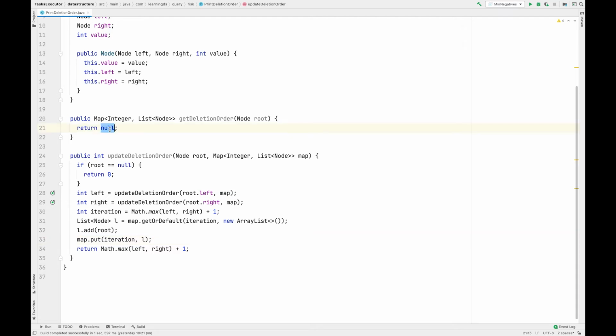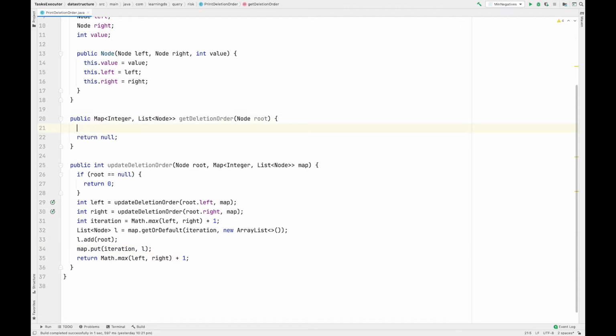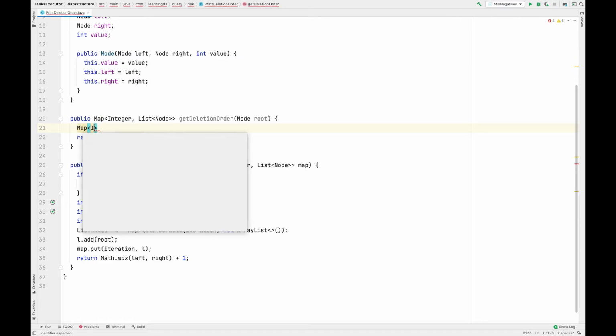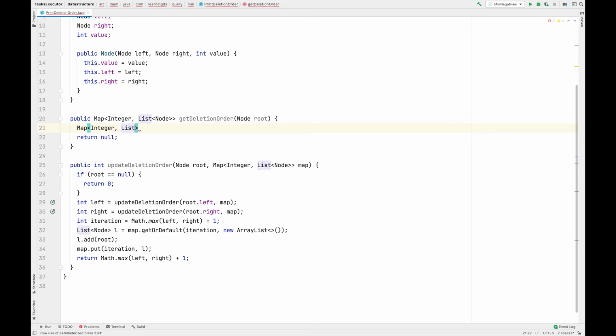And now here I'll pass a map of integer and the list of nodes.